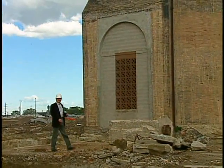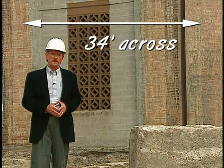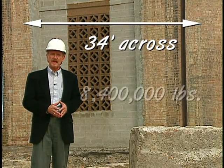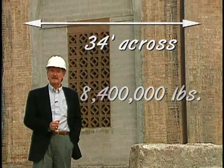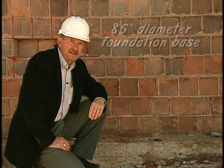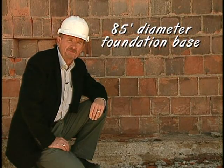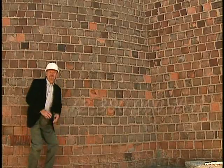While their height certainly is impressive, so too is their sheer mass. Standing 34 feet across at its base, the smaller stack weighs in at 8,400,000 pounds. That's 8.4 million pounds of brick. And the larger stack, its 85-foot diameter base alone weighs 8 million pounds. And resting on that,